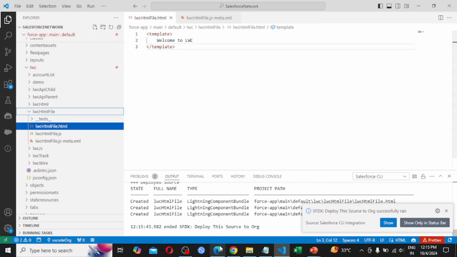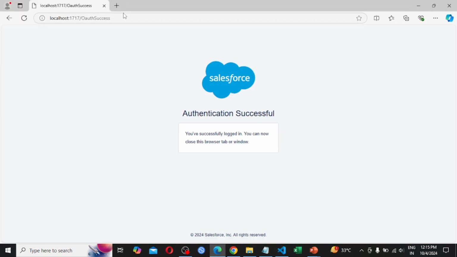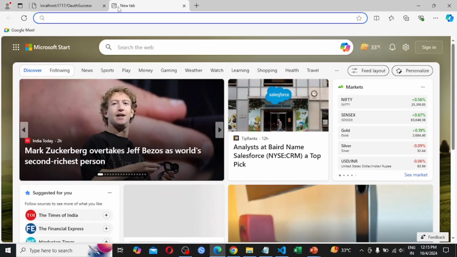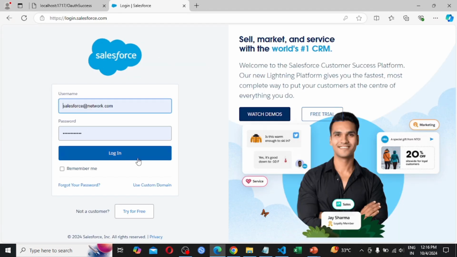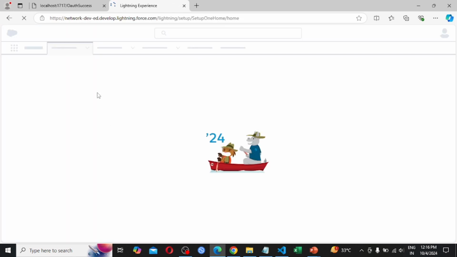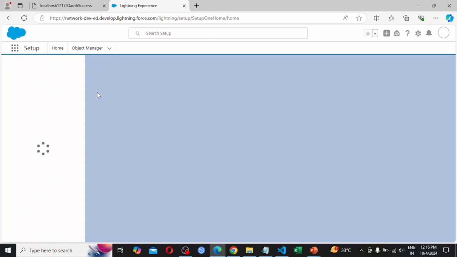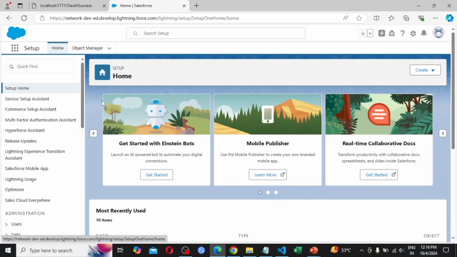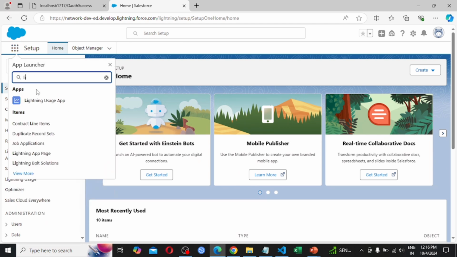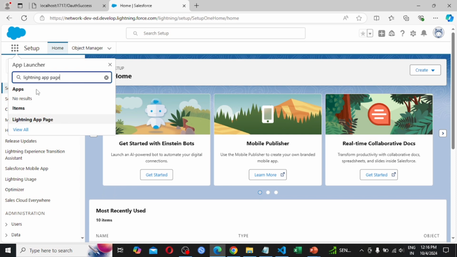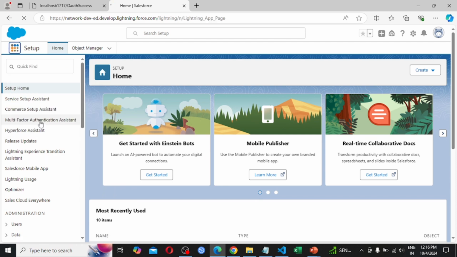Then again coming back to our org, we have to log in here by providing the username and password. Hit the login button. As we had already created a Lightning app page by the name Lightning app page itself, click on this.